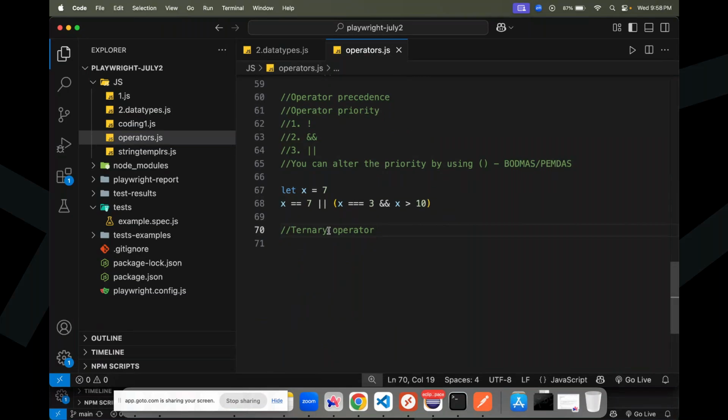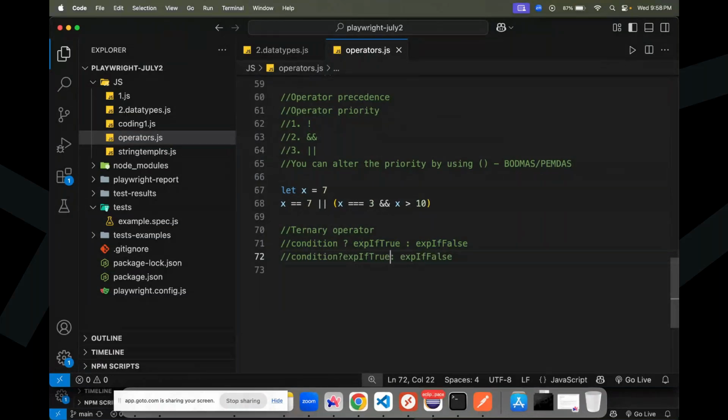So what is the syntax? It is slightly different. Let me show you the syntax first. Condition, space, question mark, expression if true, space, colon, expression if false. Now why did I use these spaces? Is it mandatory? No. But if I don't use these spaces, look at this. This is how it looks. So if I remove the space,